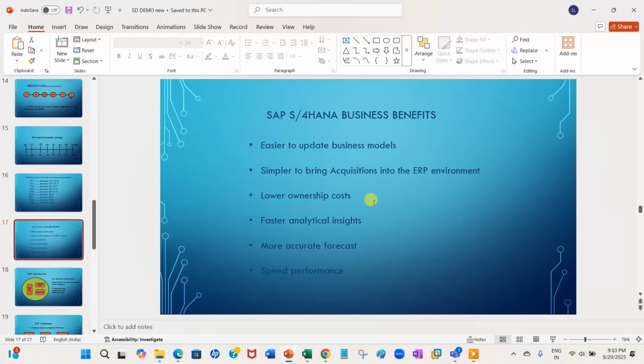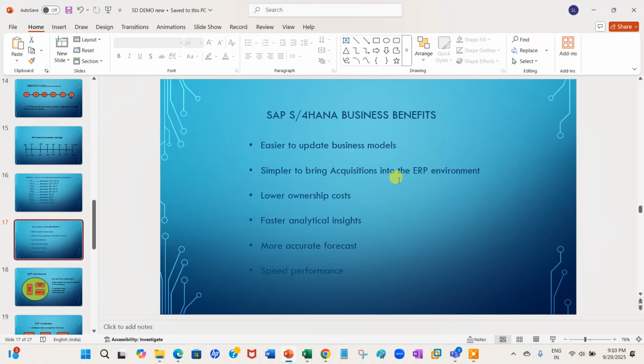Next, what is the benefit from ECC to S4 HANA? We have two things: an upgrade in the database, and a few points to remember. Easy to update business models.